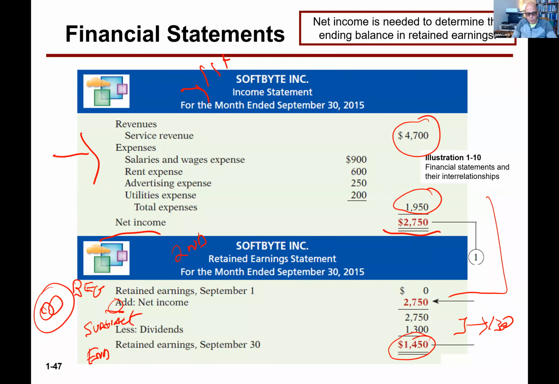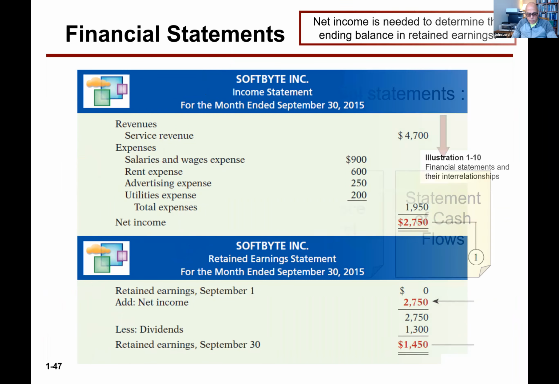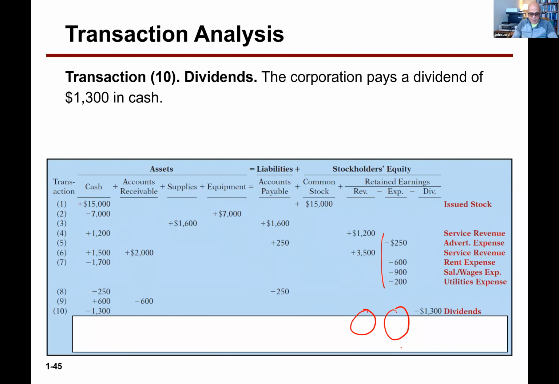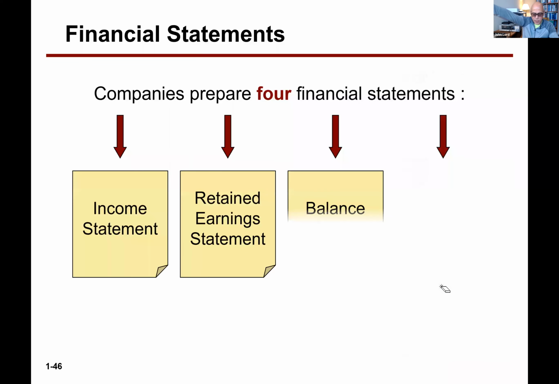Question. So notice, guys, before I paid that dividend, my dividend account was showing what? Was showing 0, wasn't it? After I paid the dividend, now the dividend account is showing, hey, you took 1,300 out of retained earnings. So when I prepare my statement of retained earnings, whatever the beginning balance was, 0 in this case,